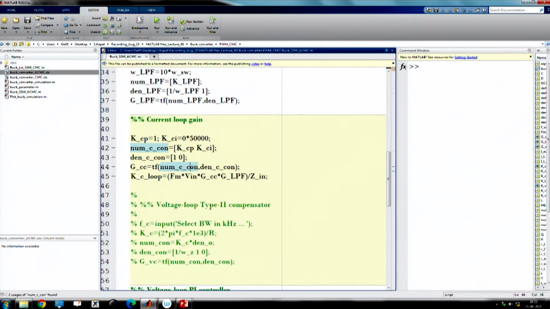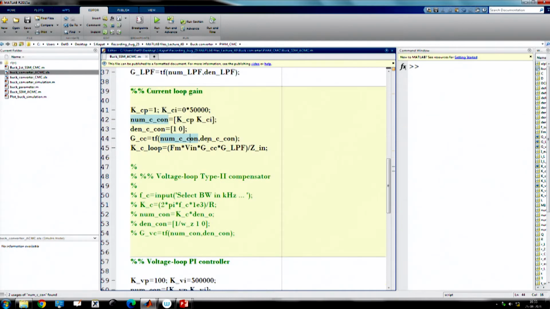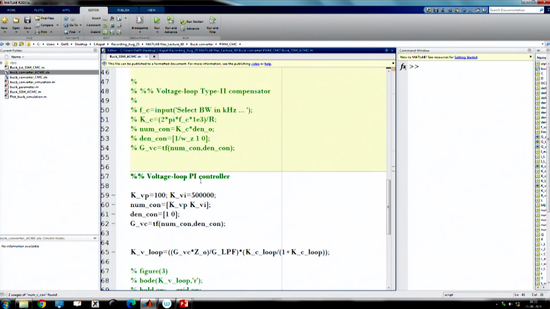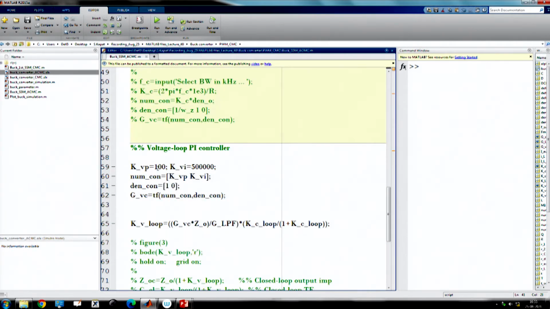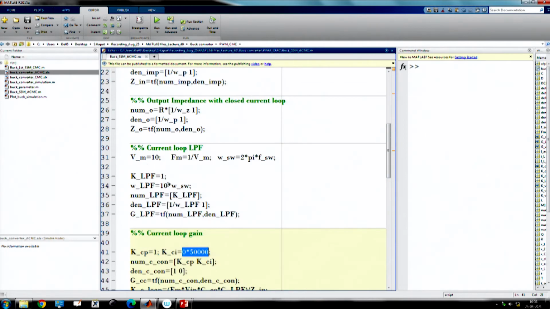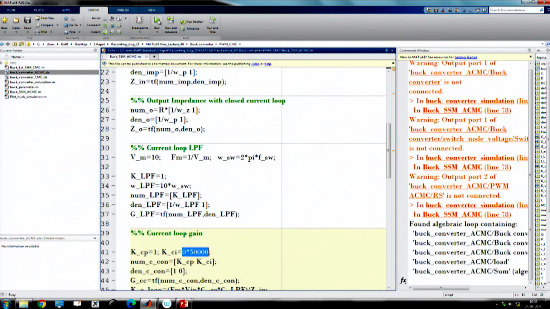Okay. Next, because we are not taking any integral gain. Now, the voltage controller, suppose we are putting a high kV, it is a PI controller we are considering. We choose the voltage controller in such a way that we get sufficient bandwidth, but it should be close to 1/10 or somewhat 1/8 of the switching frequency, because beyond that the model is not valid, as we have discussed, and the current loop bandwidth is pretty high. So, let us run this simulation and check